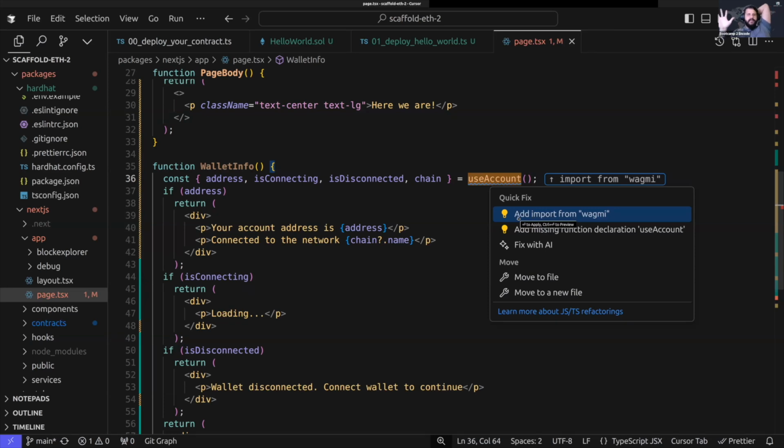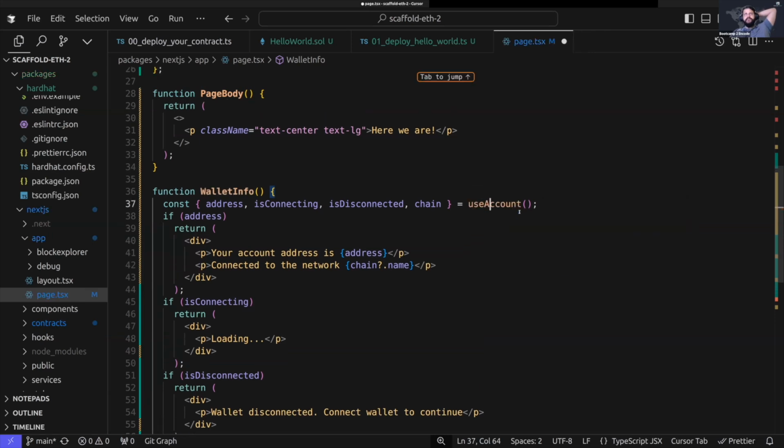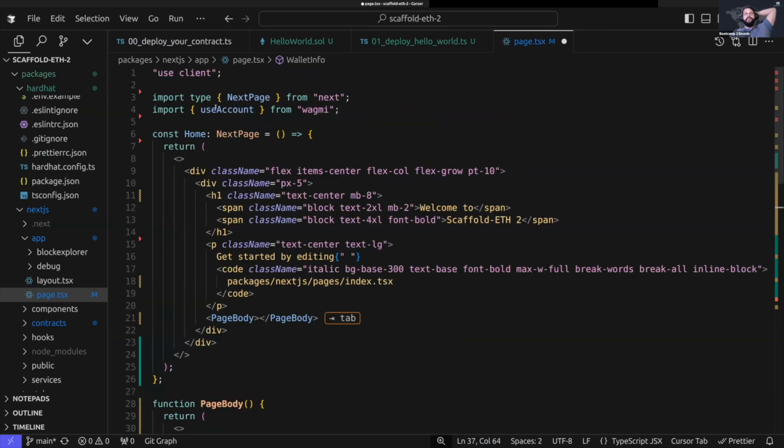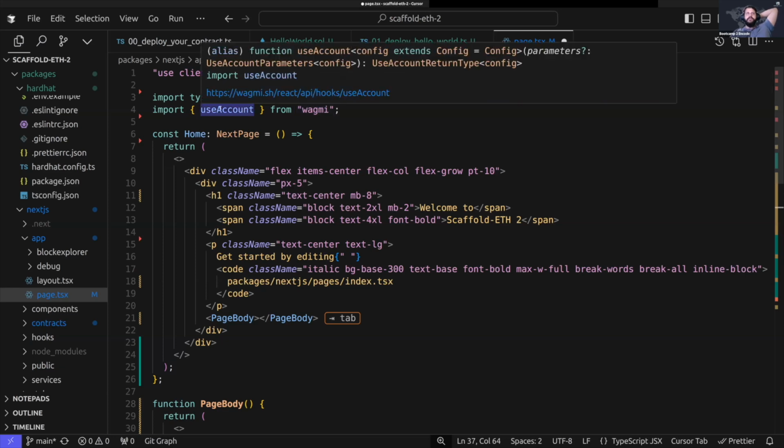There is no LLM involved. This is just IntelliSense, because TypeScript knows that there is this import of useAccount from WAGMI. So if you click this here, this is going to fix your file for you. It's going to add this import of useAccount from WAGMI. Okay, there is a documentation for that here. Let me open this doc,